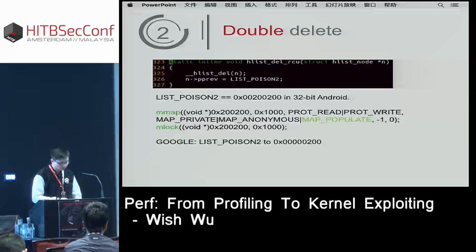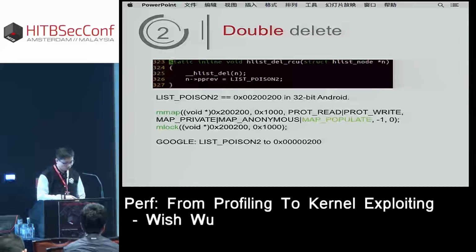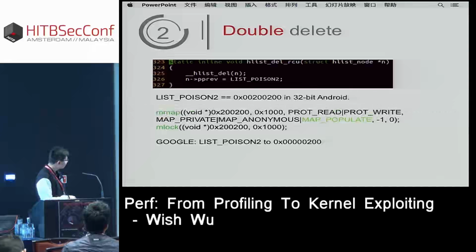Here is the node delete function of HList. Deleting one node, the pprev pointer of the node will be set to list pointer 2. After they delete the node, they will set the pprev pointer to list pointer 2. List pointer 2 equals 200,200